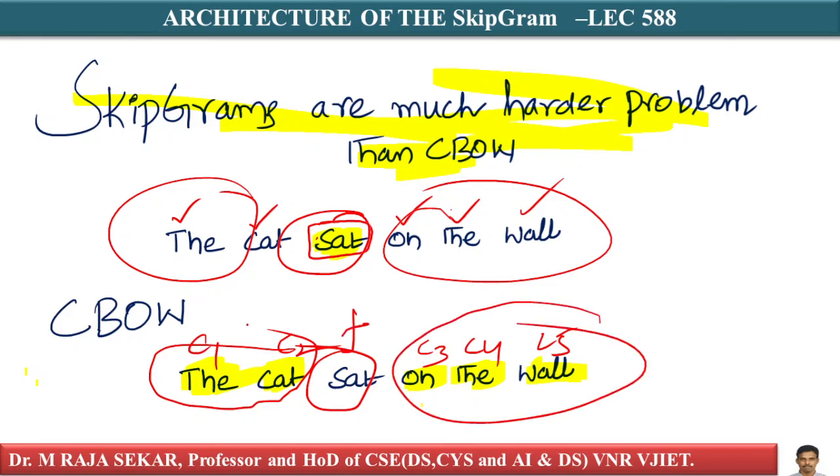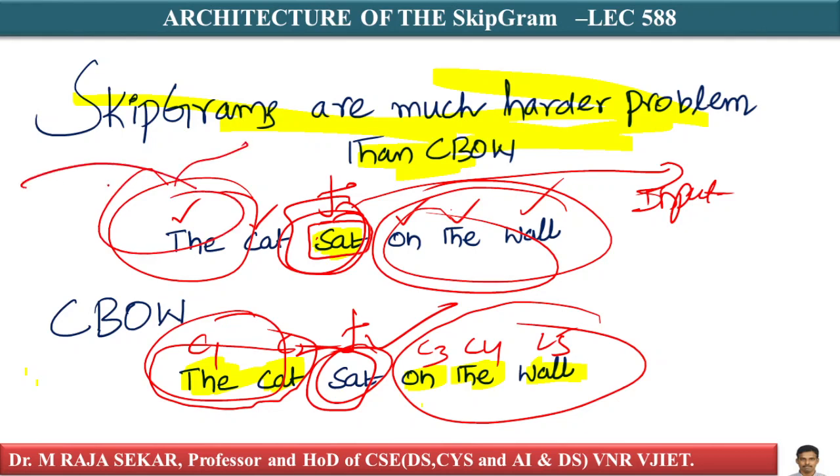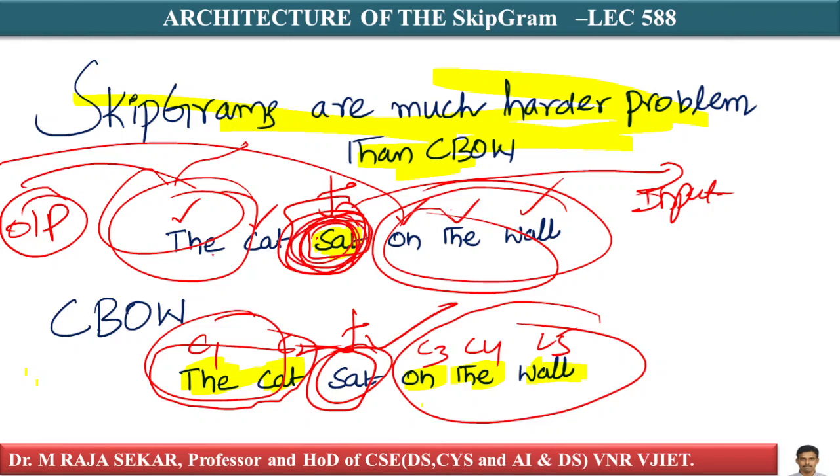By using this much information, predicting this is easy. But in this case, they will give this one as input, and these are the output. In the case of SKIPGRAM, just seeing one focus word, predicting these many context words is difficult,